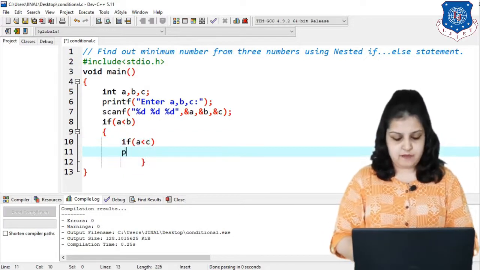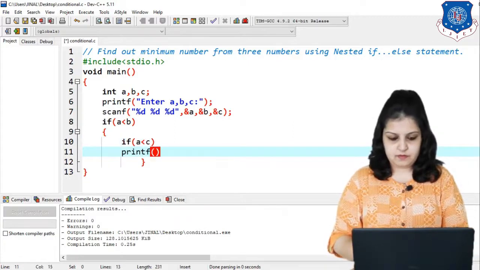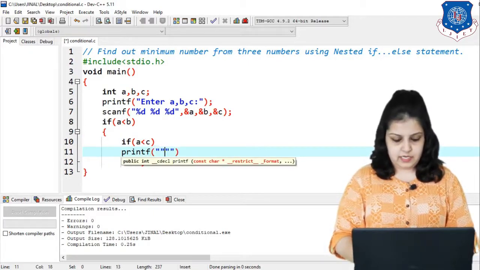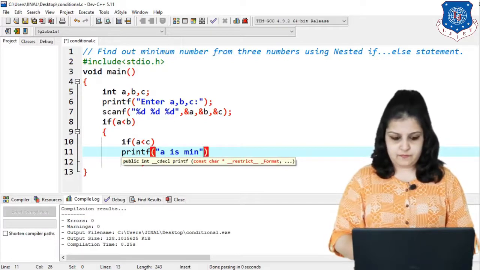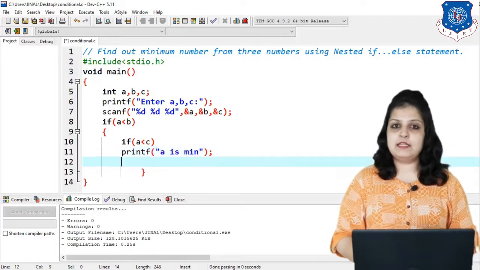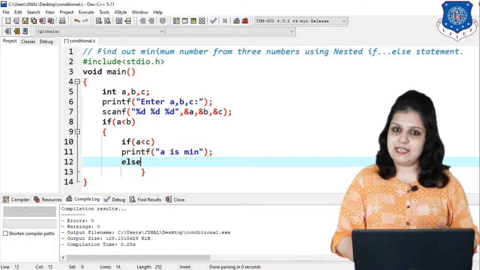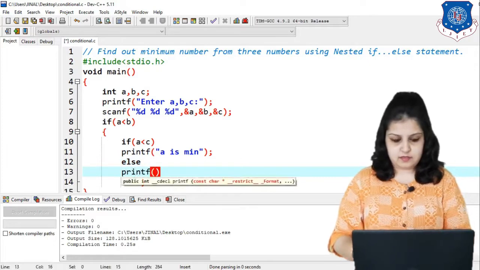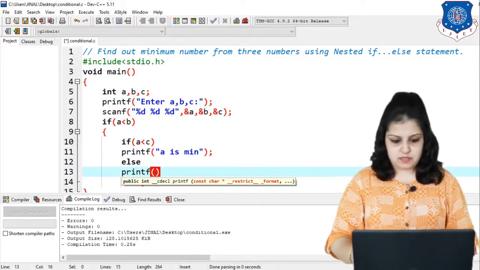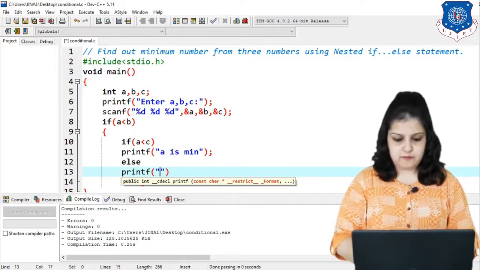So here printf "A is min". And else, if this condition becomes false, then C is min. So write "C is min".